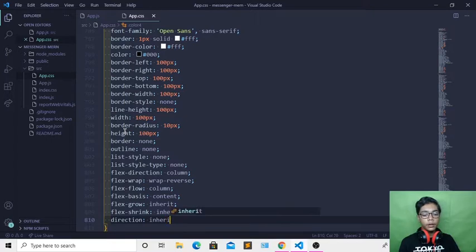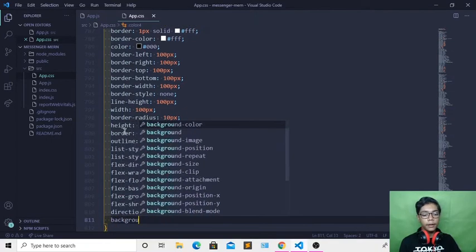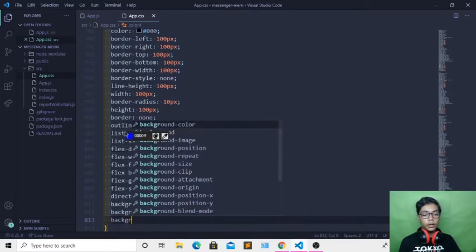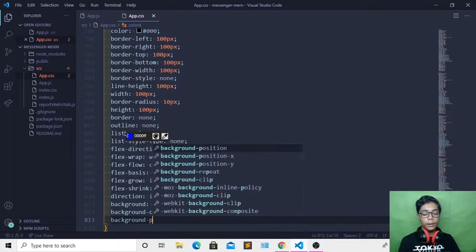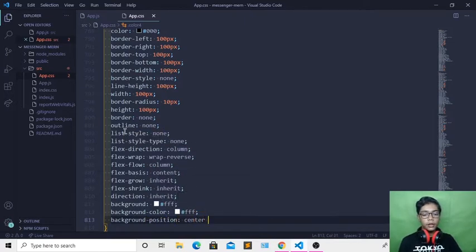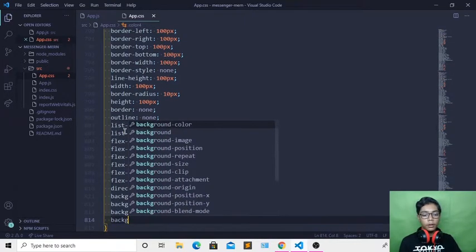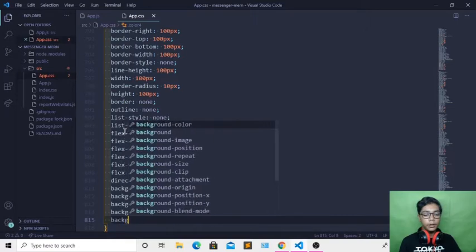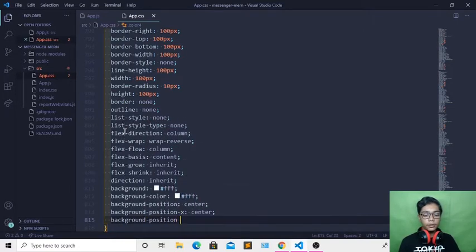Now when you've done that, I will be coming underneath, creating background, which will be white. Then I will be writing background color, which will be white, and also create background position. So create background position in center. Then I'll be writing background position X, which will be in center. Now when you've done that, I will be coming underneath and creating background position Y